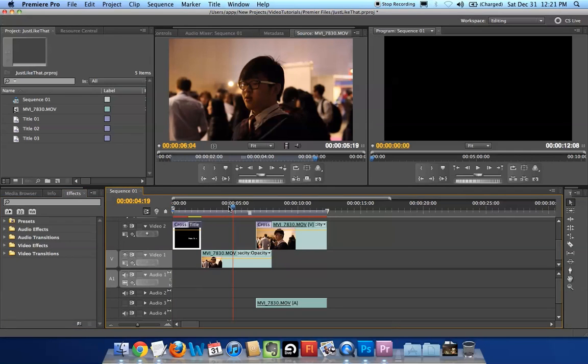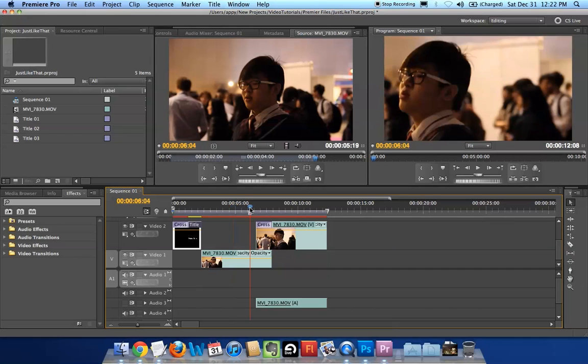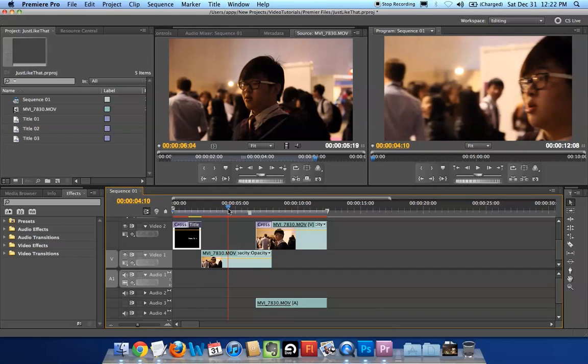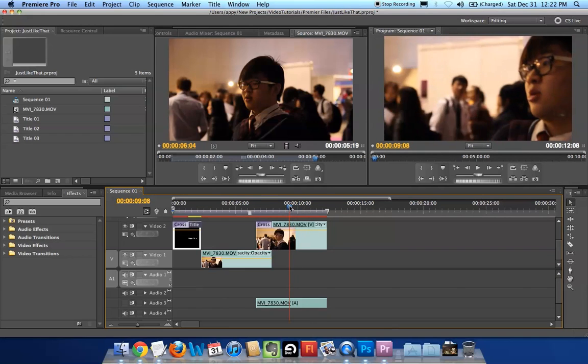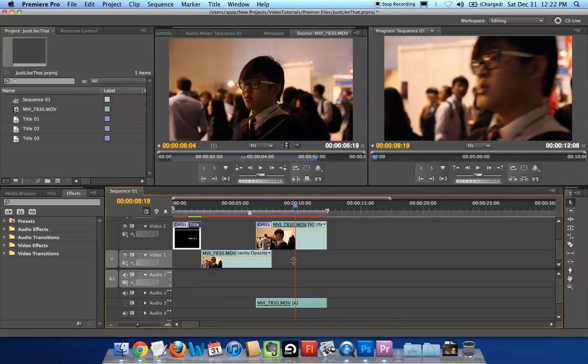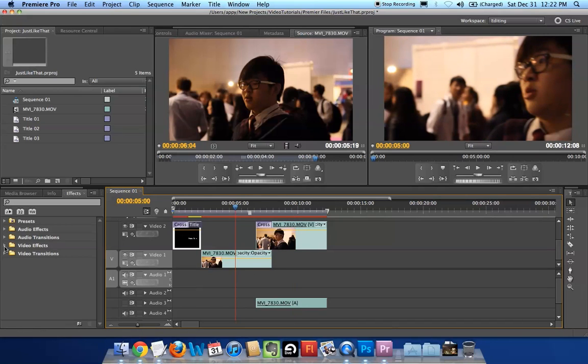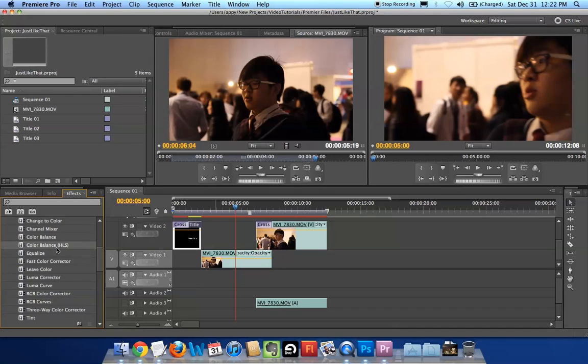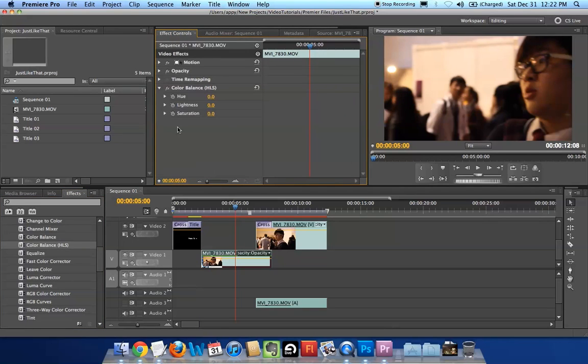Here, for example, this particular video has a very yellow tint attached to it. I'll just show you one area. Just take this particular shot, and the first thing you need to do is remove this yellow color from him. So I go to video effects, then color correction. Under color balance there's something called HLS, it's hue, lightness and saturation. Drag and drop it on top of this video, and now in this panel there is something called effect control. Under that you have color balance, and under that you can play with the saturation of this video.